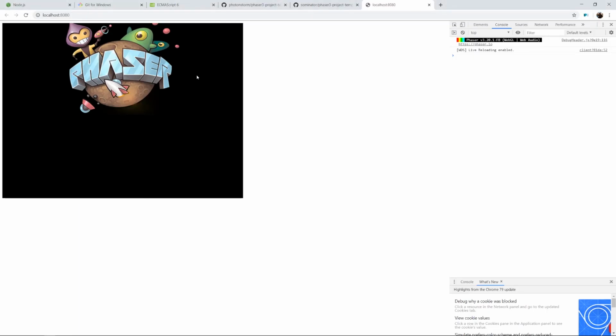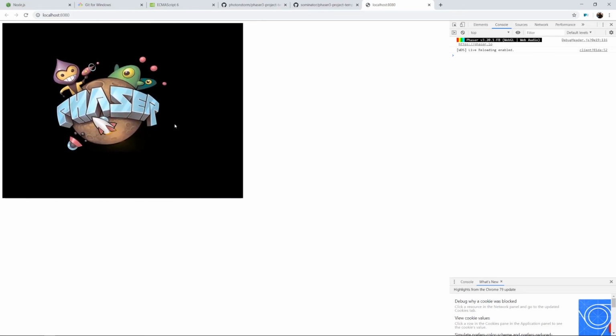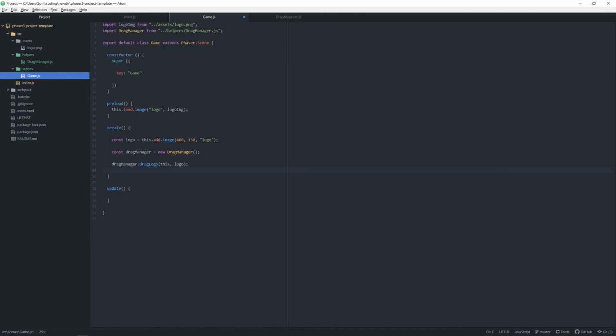Now, when I go back to my auto-reloaded website, I can move things around just as I was able to do before. And that's because I've used this export feature that comes with ES6. I'm using a JavaScript class called DragManager, and I'm accessing that class by importing it here in my